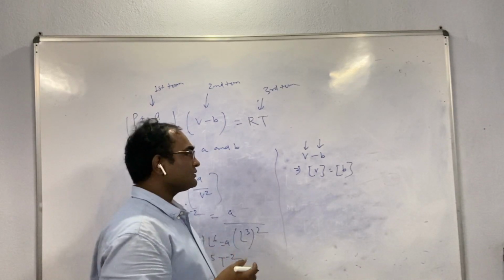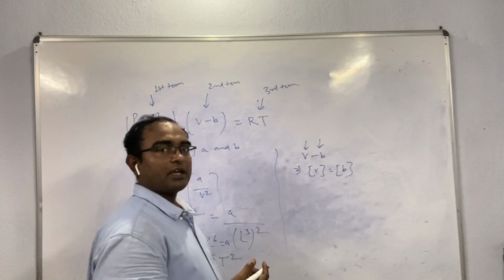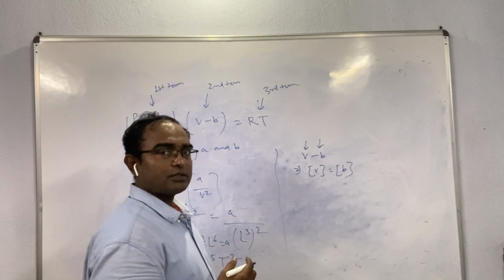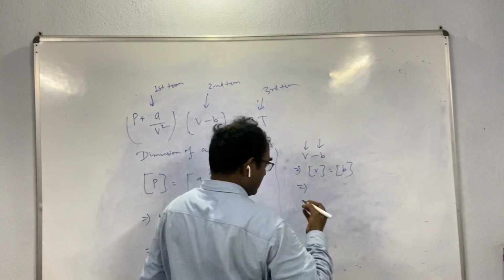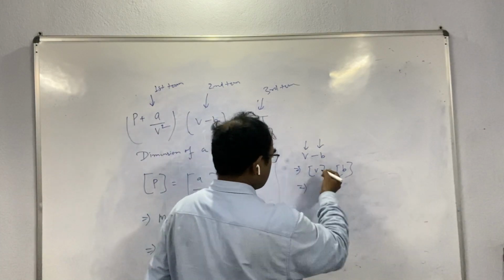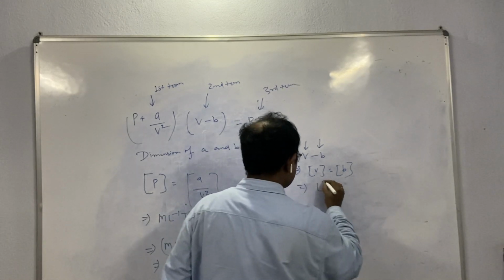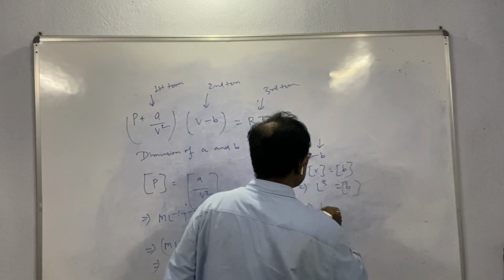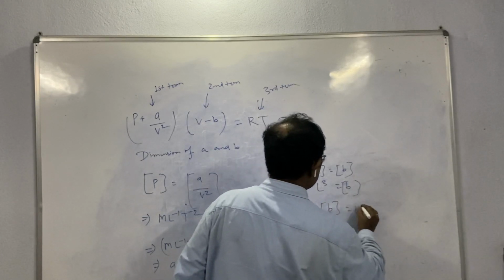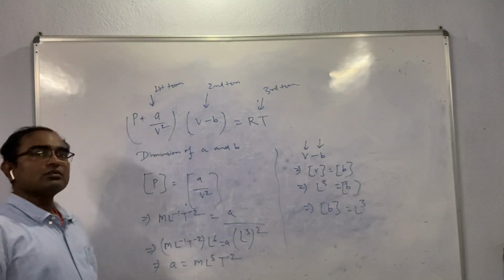And the rule is, if terms are connected with a plus or minus sign, they should have the same dimension. Now, with the help of this rule, volume can be represented as L^3, then the dimension of b. In this way we are able to solve the